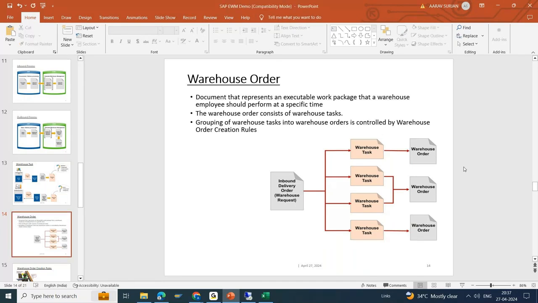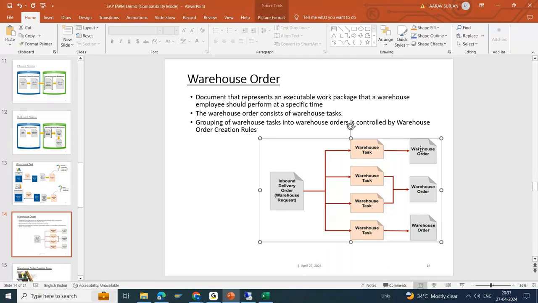If you have a carton containing 100 apples and a carton containing 500 apples, and you have two types of resources in the warehouse, one is the regular resource like you and me, and the other is the forklift operator, which carton are you going to assign to the forklift operator and which carton to the regular resource? Forklift operator, you will assign the warehouse order having a